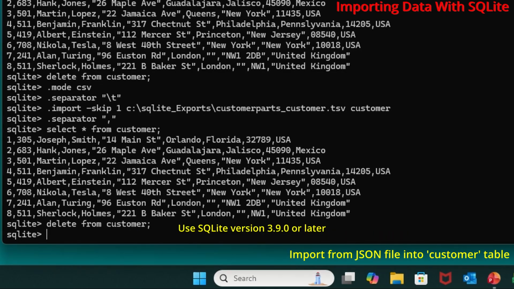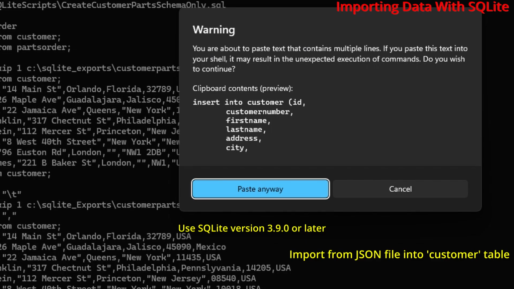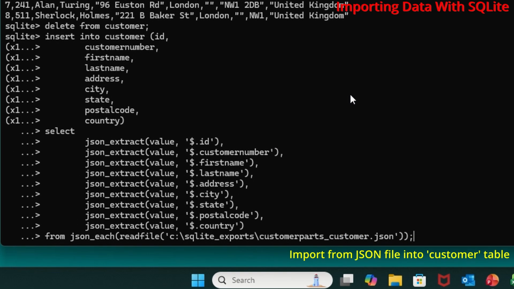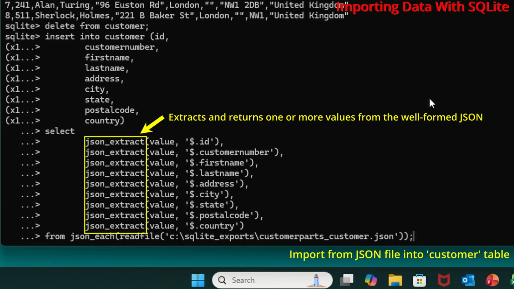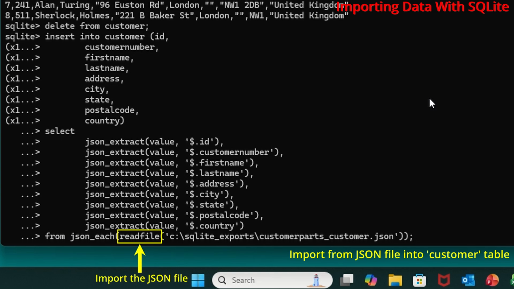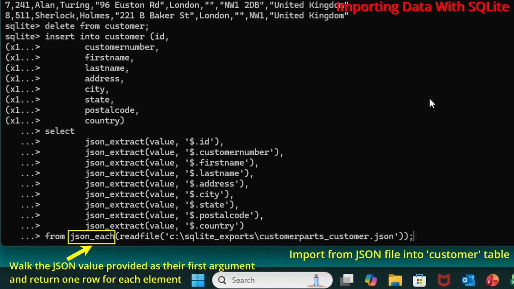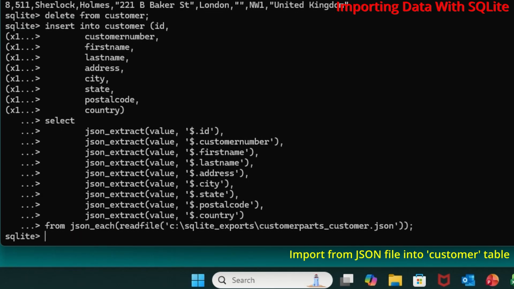Ensure that you are using SQLite version 3.9.0 or later. First, we will use JSON extract, which extracts and returns one or more values from the well-formed JSON. Then we will use read file to import the JSON file, then use JSON each that will walk the JSON value provided as their first argument and return one row for each element. Then we will select the data from the customer table, where we can see that the import of the JSON